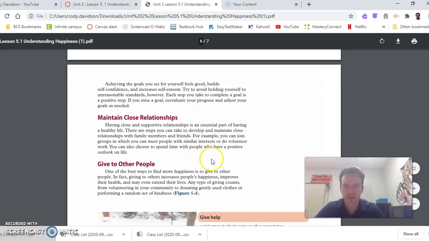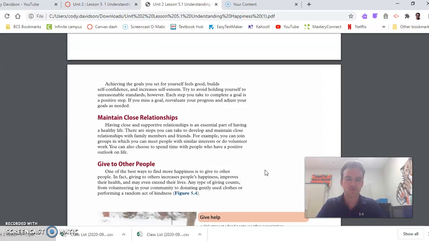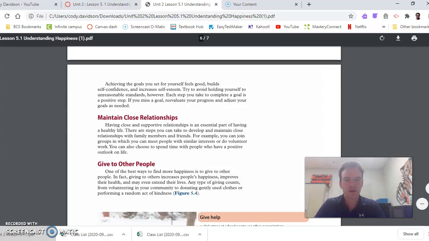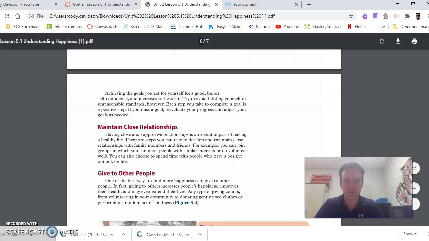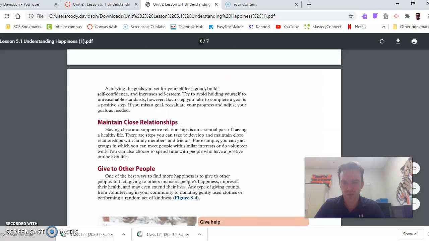Maintain those close relationships. It's better to have 4 quarters than 100 pennies. Sometimes people say that means having 4 good friends that will always be there for you, that you can put a lot of time into instead of splitting up your time and throwing it in 100 different buckets. If you pay a little bit of attention to 100 different people, you probably haven't given them enough attention to come pick you up, drive 2 hours and get you out of the middle of nowhere because your car broke down. But if you have 4 friends, and you've really invested in those people, they're probably willing to drive 2 hours and come get you. I've actually had that situation happen before when I was in college.